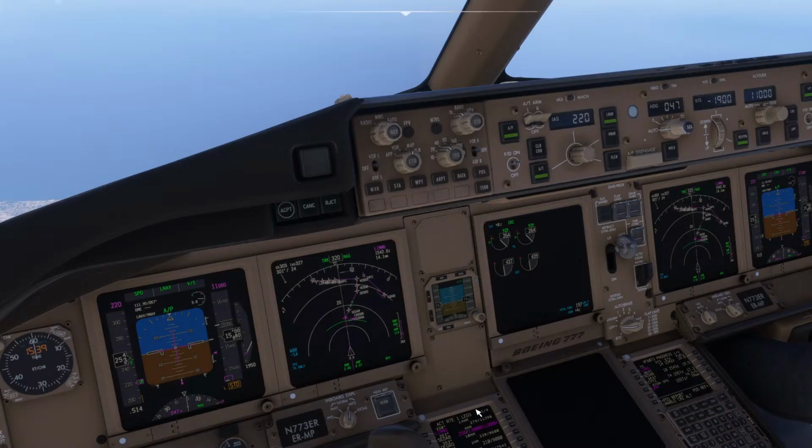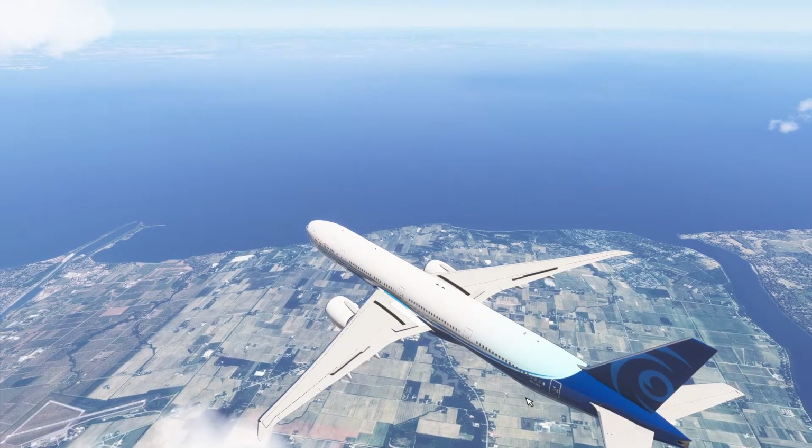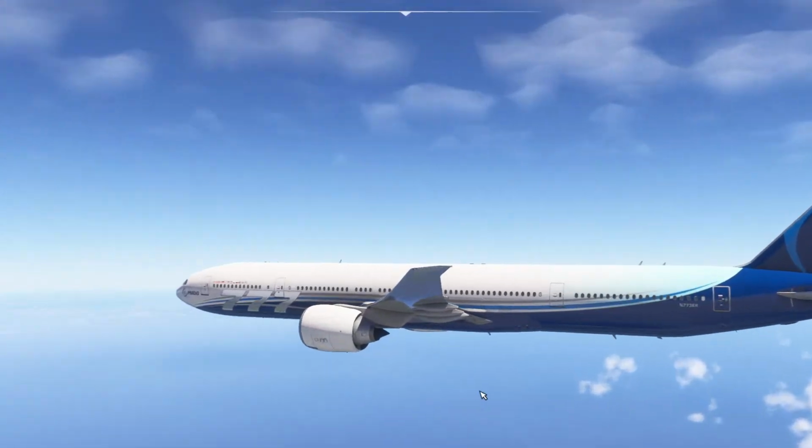We'll get a warning probably that the spoilers are deployed if we leave them out for too long. So you can see them there. The number of flights I've been on...